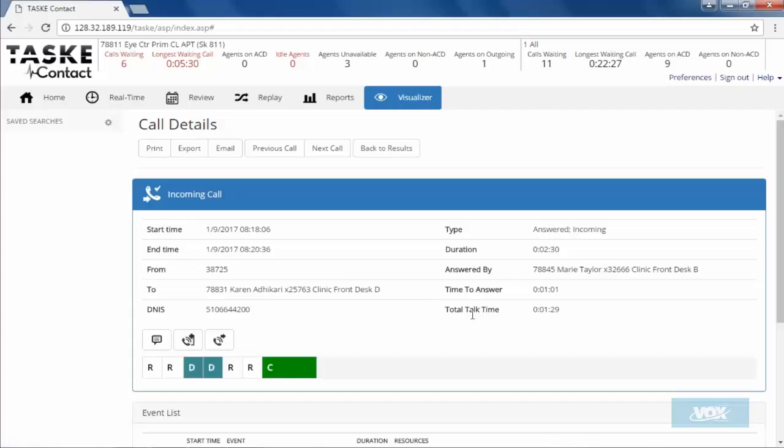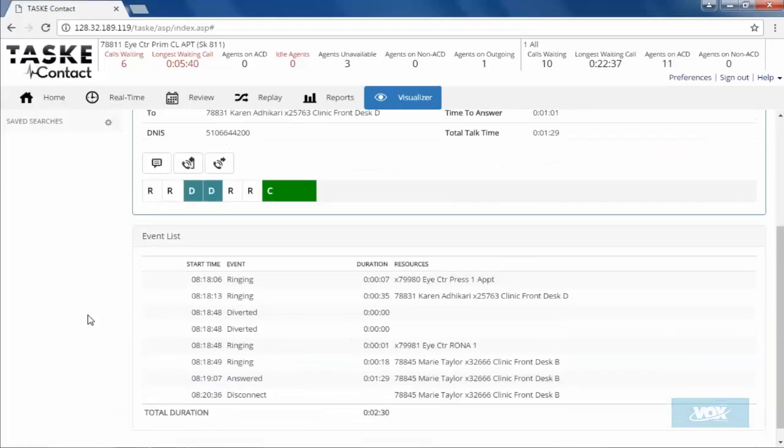Now, down here we have a picture of all the calls. And then at the very bottom we have the event list, which is just listing every step through the call itself. Okay. All right. If we place our mouse pointer on each letter here, it will actually show a tooltip of that event. So this particular call, when somebody calls the 4200 phone number, the call comes in and it hits our